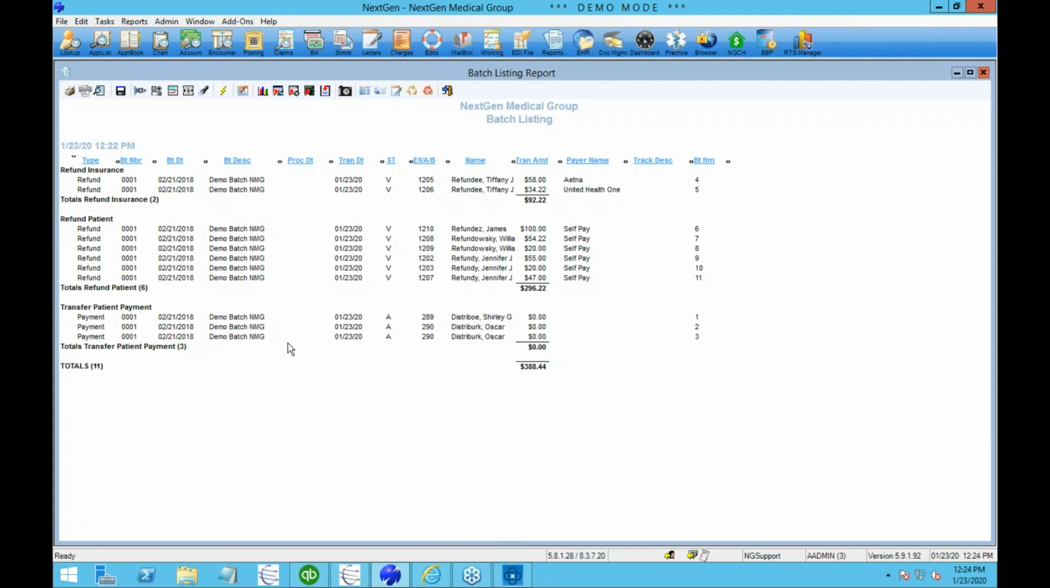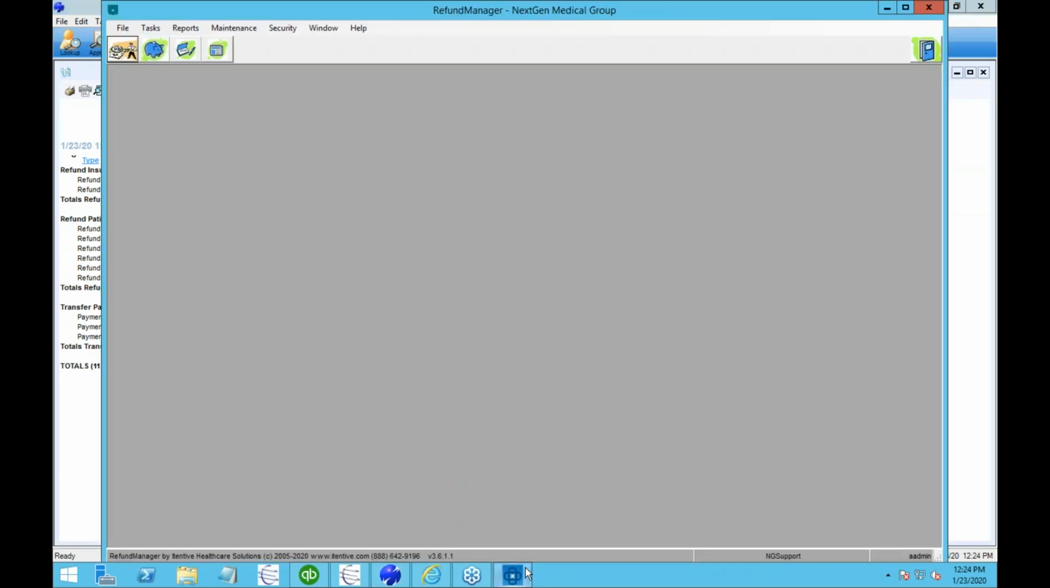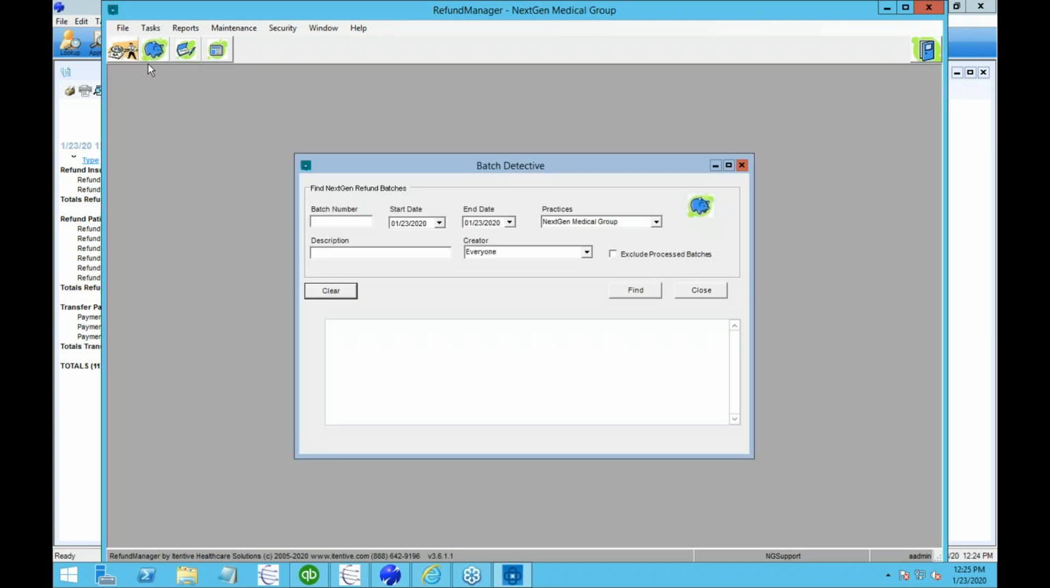So this is what the batch looks like in NextGen from Refund Manager. You can have separate batches for distributions and refunds or do it all in the same. We don't mind, it's a matter of your preferences. So the first part was the Credit Scout that we just went into that's covering the NextGen side. Now we've got to get those refunds out of NextGen